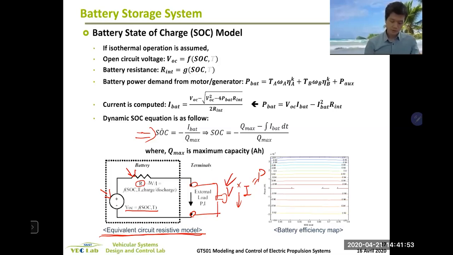By Kirchhoff's voltage law, the summation of the voltages across these three components should equal 0, when this is a closed circuit. So if you derive the equation,